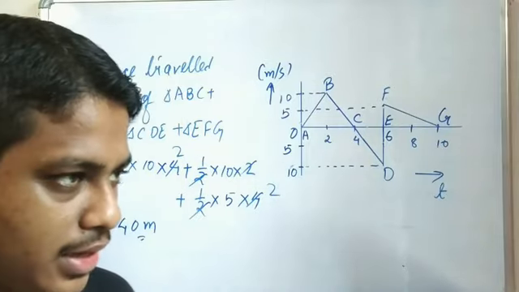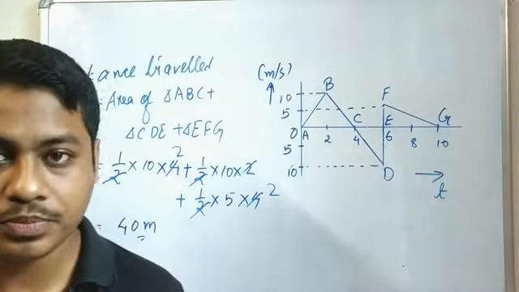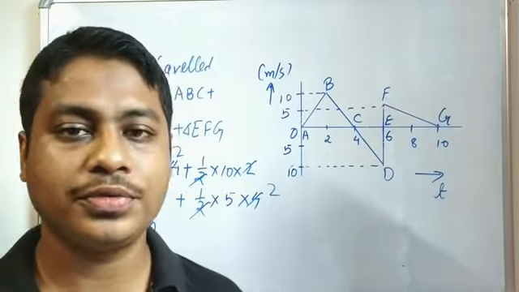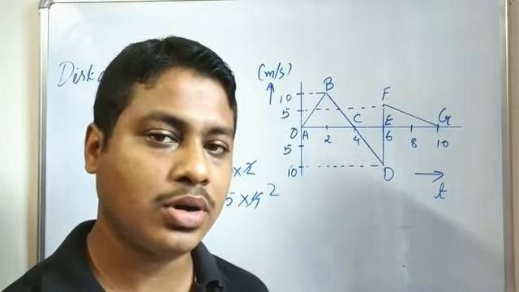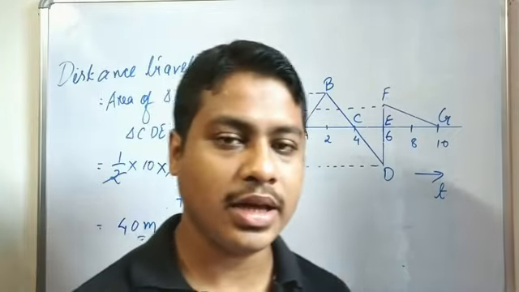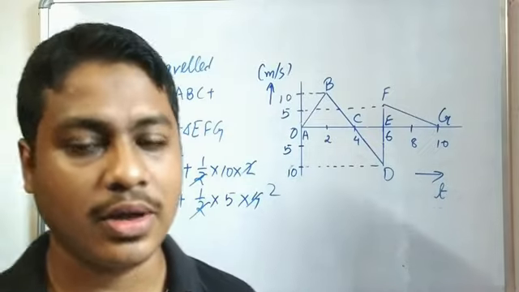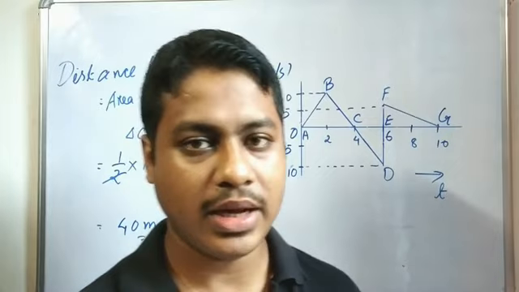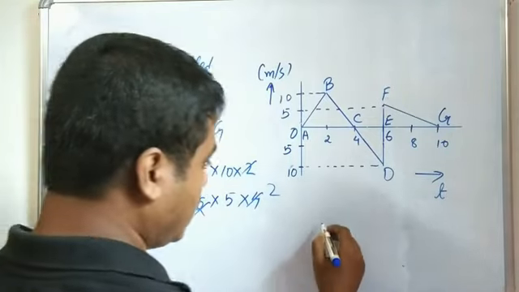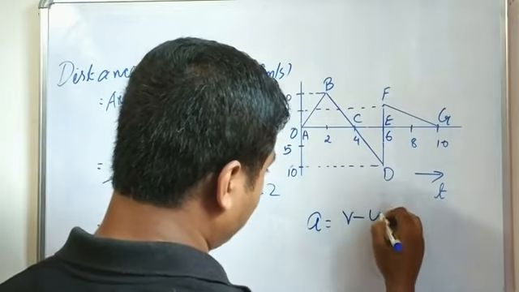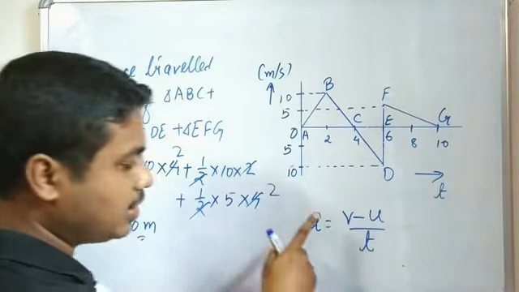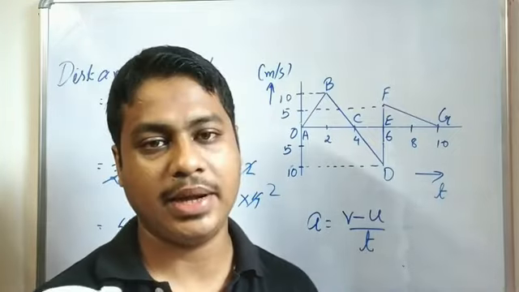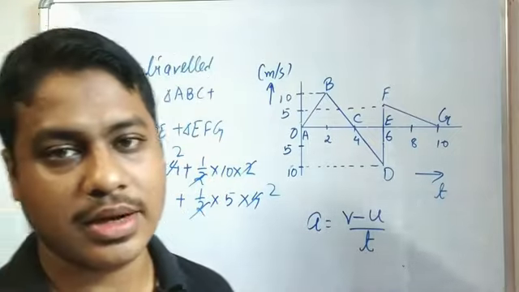So the next topic is your acceleration. Now what does acceleration stand for? Acceleration is the rate of change of velocity. You can note it down in your copy. Your acceleration is the rate of change of velocity, and the unit for it is meter per second square. And if I want to write a formula for this, the acceleration will be equal to v minus u by t. That is, final velocity minus initial velocity divided by time taken. So this is the formula for the acceleration.